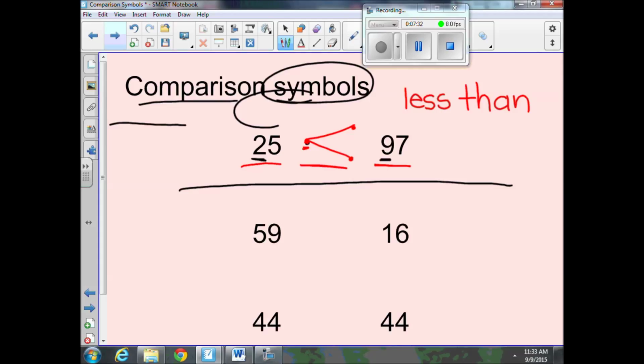Let's watch again. I'm going to model another one. We have 59 and 16. I'm going to start in the tens place. And this one I have how many tens? And this one I have? One. I have 1. I know that 5 tens is larger than 1 ten. So I'm going to put 2 dots because that's larger. That's the bigger one. 2 is larger than 1, right? Yes. By that number, I'm going to put the 1 dot over here by the 16, and I'm going to